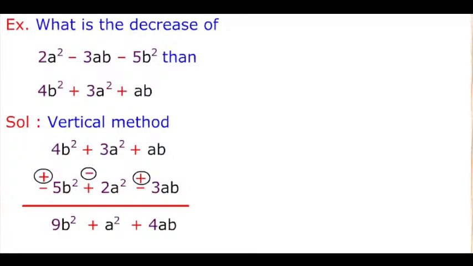Then we have 4b squared plus 5b squared equals 9b squared, and 3a squared minus 2a squared equals 1a squared, and ab plus